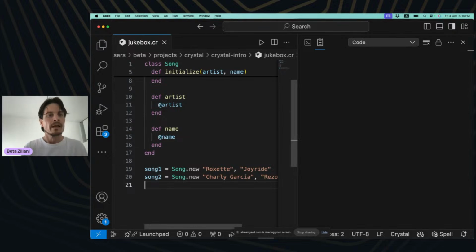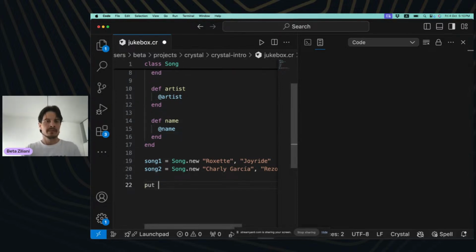Cool. But now we want to print them on screen, let's say. And I can simply say, okay, the artist is song1.artist, and so on, and repeat that for the other song.